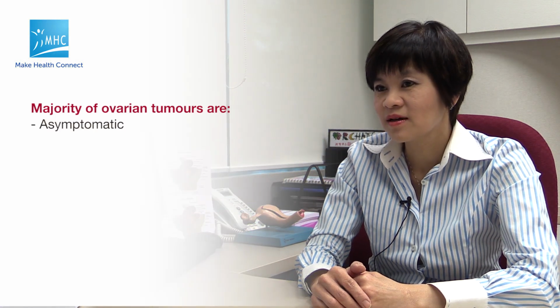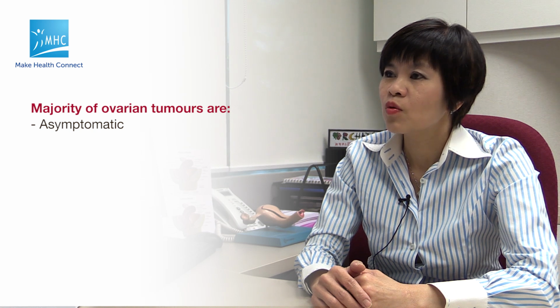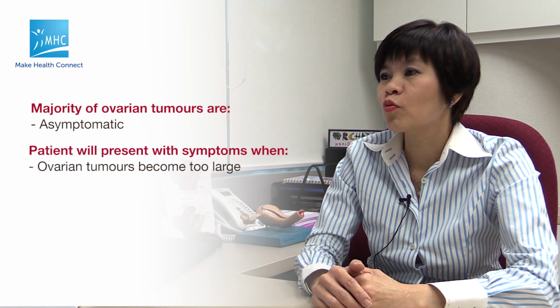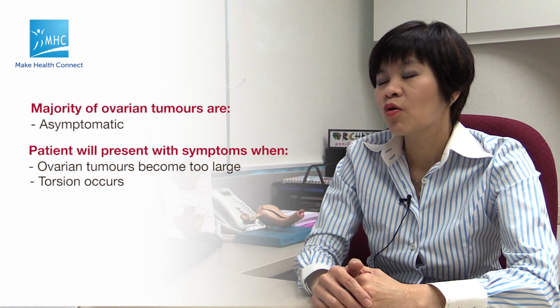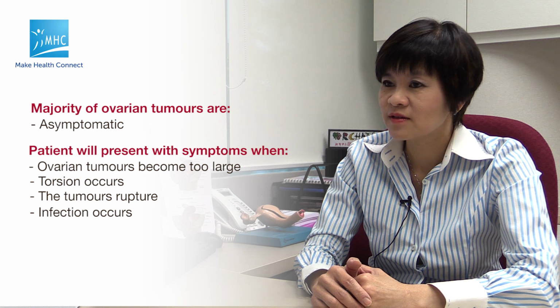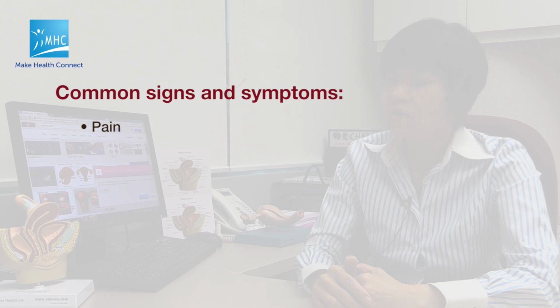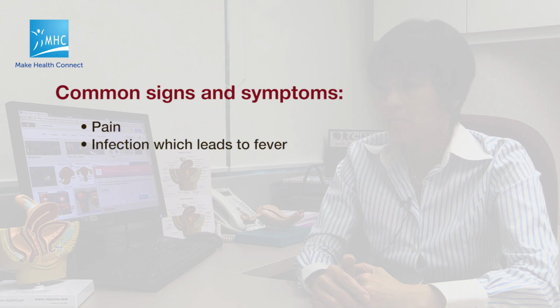The majority of the ovarian tumors are actually asymptomatic. However, when the ovarian tumors become big, or when they twist, which we call torsion, or when they rupture, or when they get infected, that is when they present with symptoms. The common symptoms that we see are pain, and patients can have sharp pain when they present with torsion or when the ovary twists, during which case the blood supply to the ovary is compromised, and therefore there is some destruction of the tissues, and sometimes this can also cause infection as well,